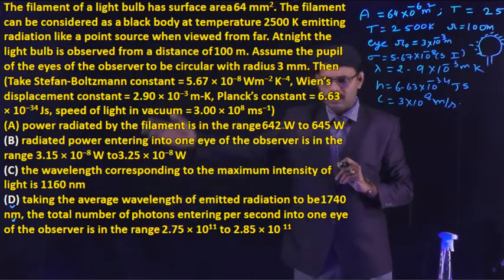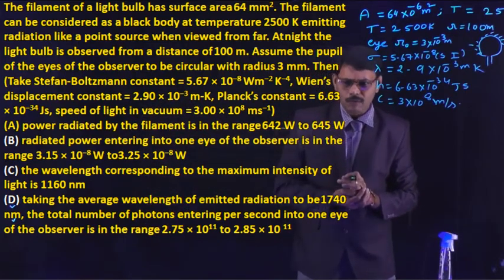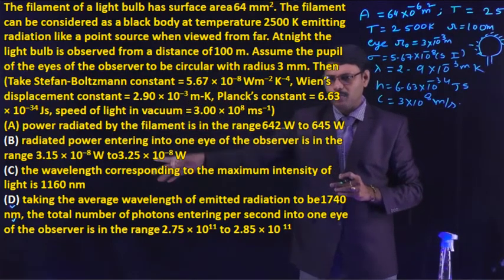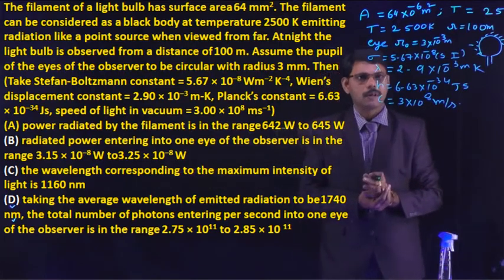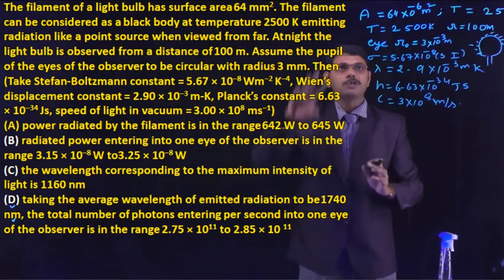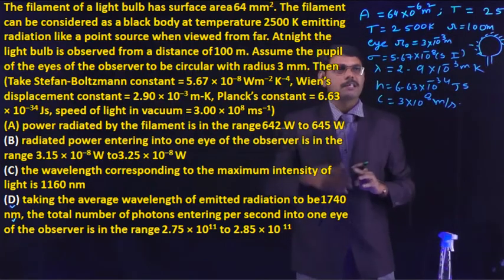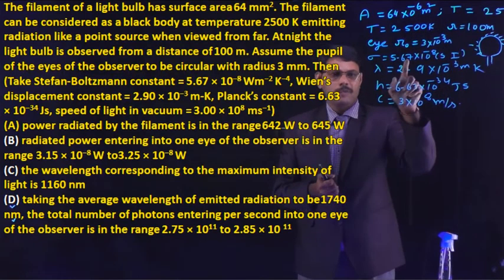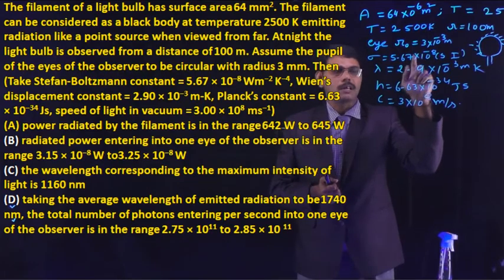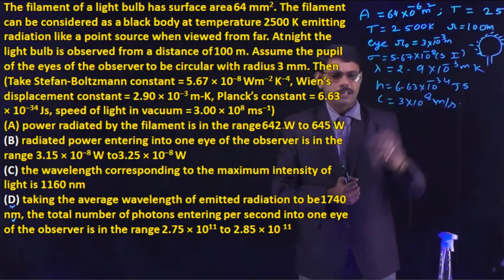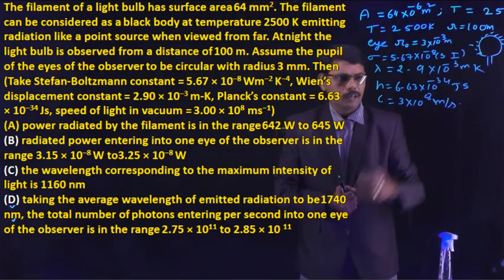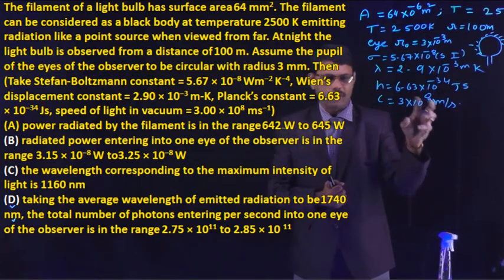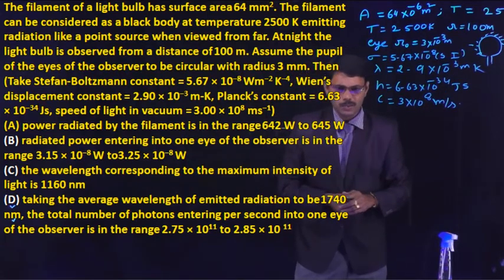Four options are given. This is a multiple correct option question. We have to solve each option given by the problem and find out the correct options. For that, some constants are given, and assume that the emission of radiation by the light is as a black body. The light behaves like a black body, first thing. And Stefan's constant, the known one, is 5.67 into 10 power minus 8 SI units. Wien's constant is 2.9 into 10 power minus 3 meter Kelvin. Planck's constant is 6.63 into 10 power minus 34 joule second. And the speed of light is 3 into 10 power 8 meters per second.